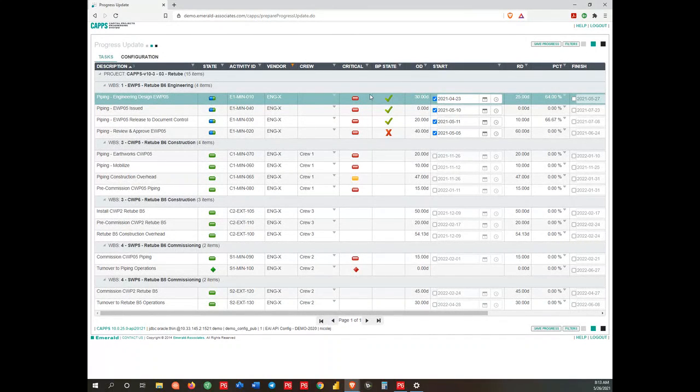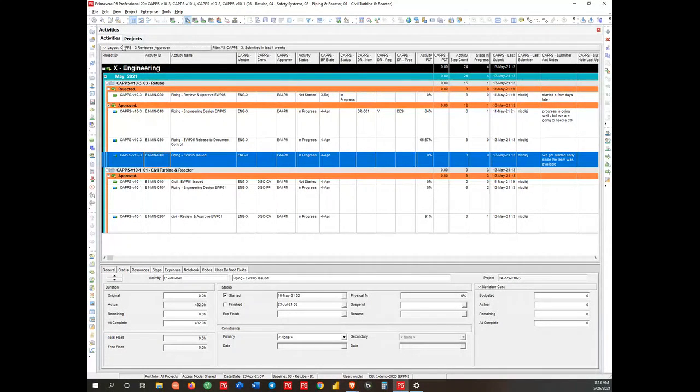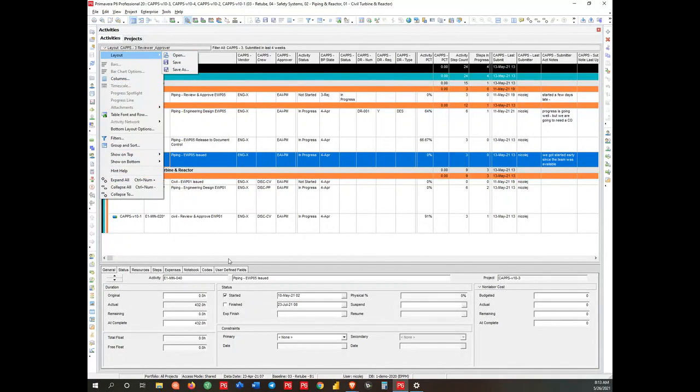I can give them just the task screen, and I can also control the fields that they're having access to. Okay. So the idea was to make this easy to deploy, easy to update. Now, before I jump into doing the updates, let's go back to P6 and let me show you